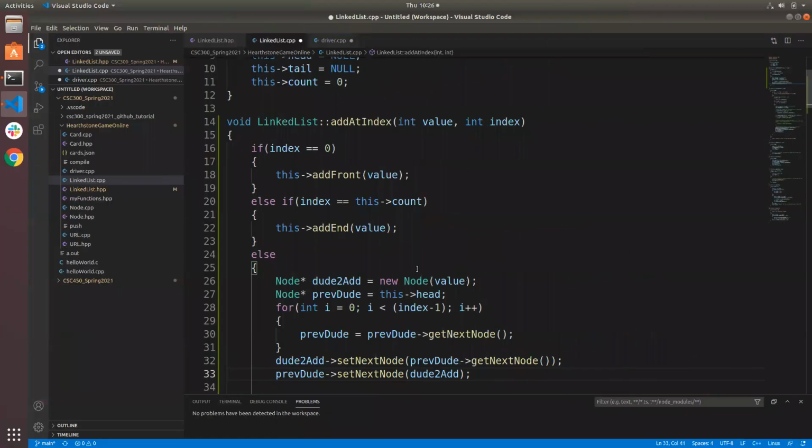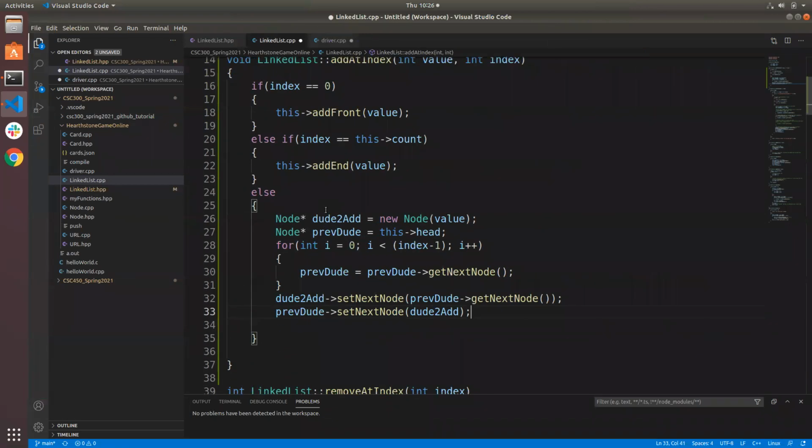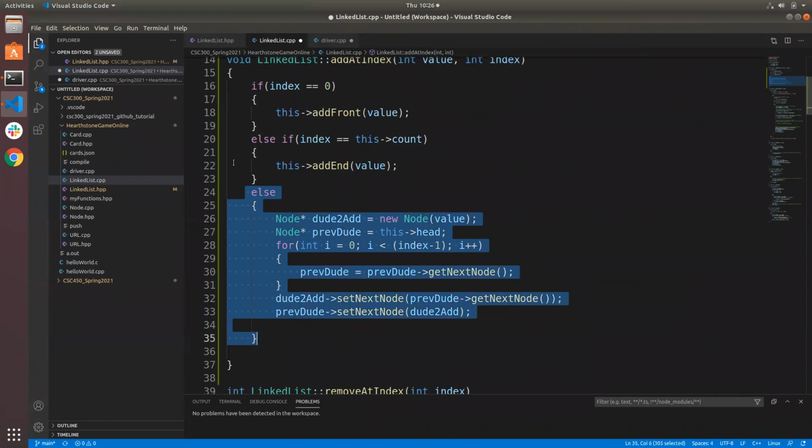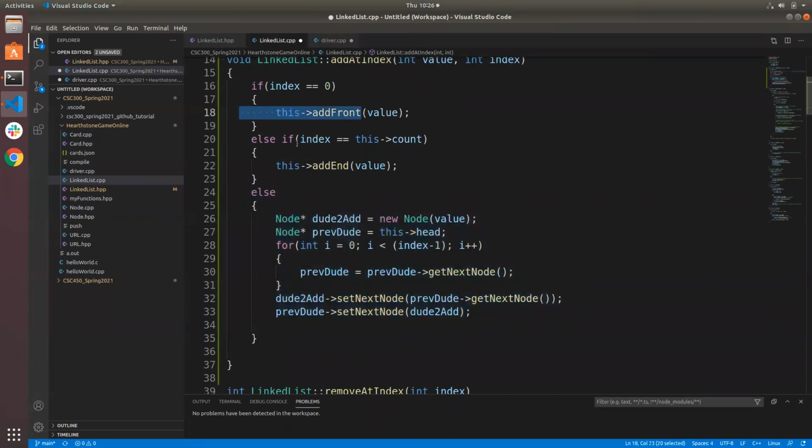Do need to increase the count. And again, just like last time, we only want to increase the count inside this else, because if we're relying on add front or add end, those guys are already doing the count plus plus thing, right? So we'll say this